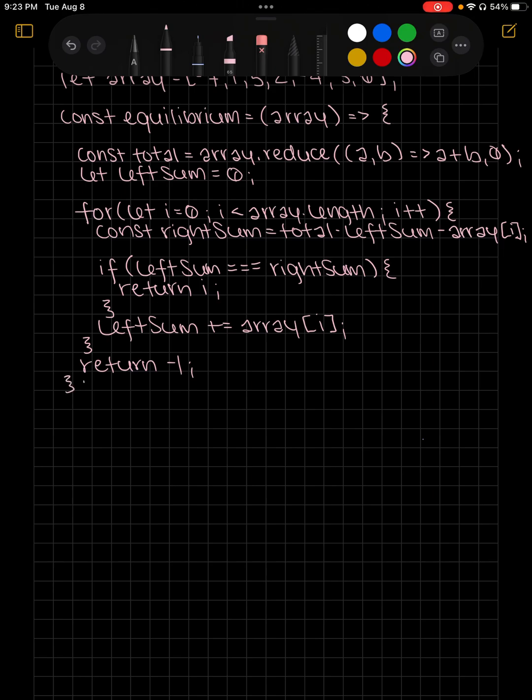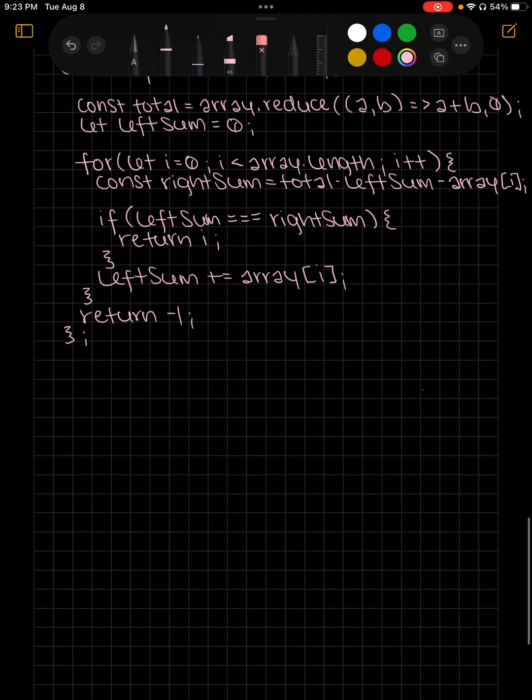And then close our function. To be able to see our answer, we're going to want to call our function, so we'll just console log first and call our function with the argument of array. Okay,